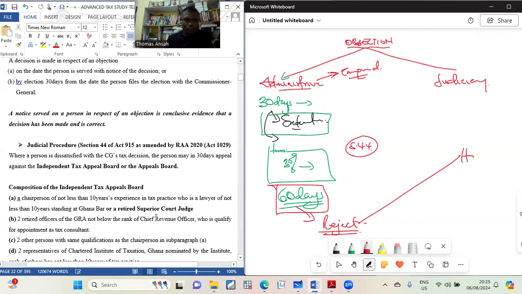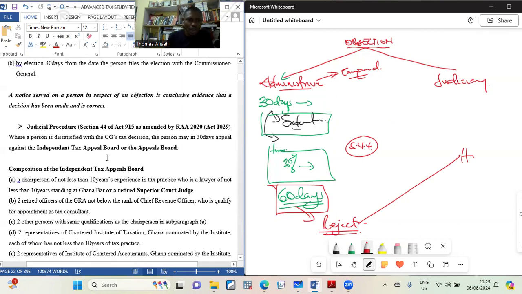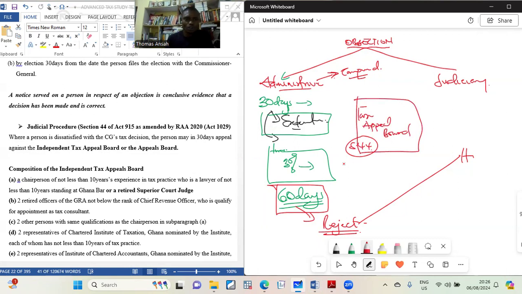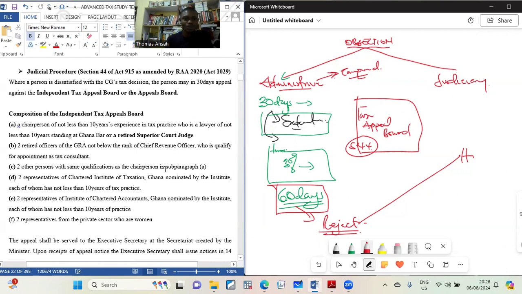And Section 44 came to actually take the place of you going straight to the court. So they now set up a tax court. GRA now has, we call it the Tax Appeals Board. So Ghana has that. Their office is unknown. We don't know where they are located, but they are there. They set this up for us to know that there's a tax court, just like in